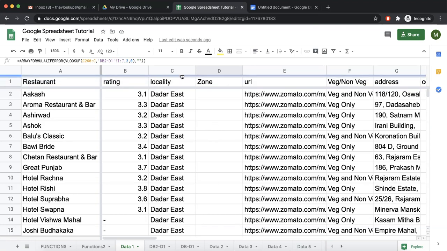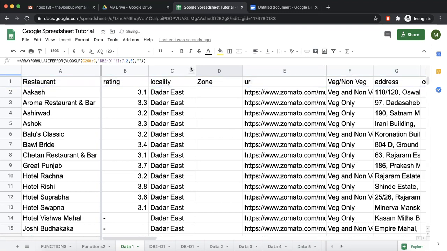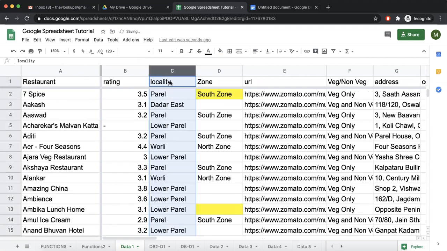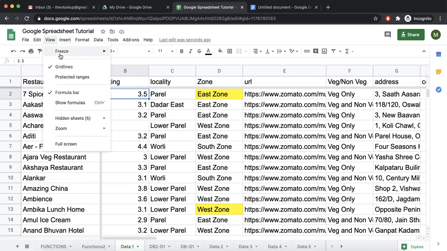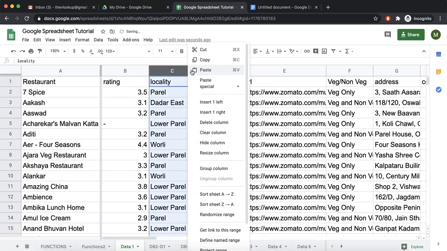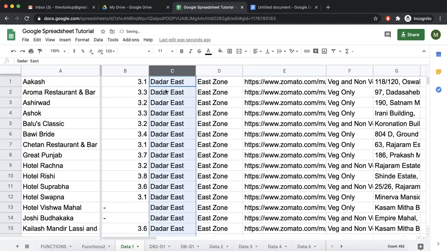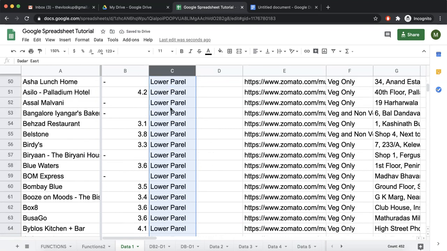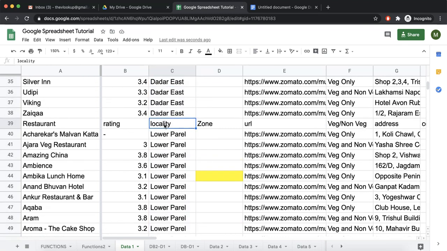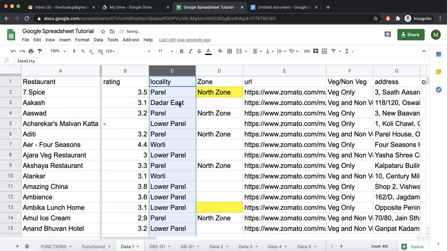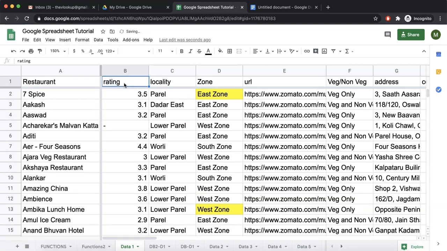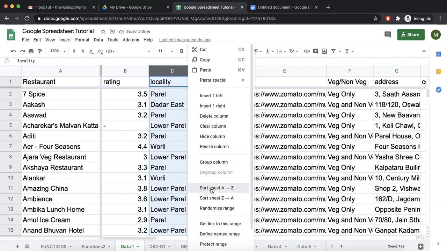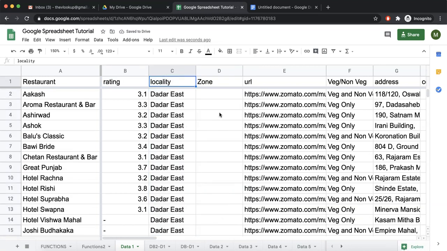If I remove the top freeze and then sort, the header also becomes a part of this sorting. So let me show you what I'm trying to say. I am removing this freeze. So let's go to view and no rows. Now if I do this sorting A to Z, you see the header locality has also gone away and it has placed itself in the alphabetical order. I'm pressing Command Z just to undo. But if we freeze one row, then the system understands that this is actually the header. Now if I sort the sheet, the header doesn't move, everything else gets sorted.